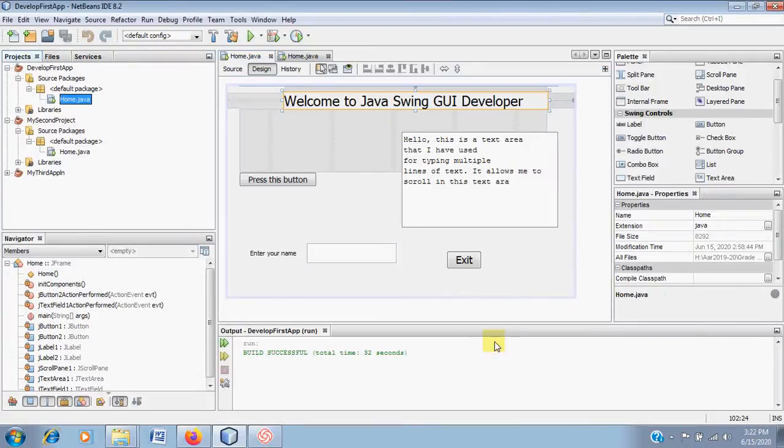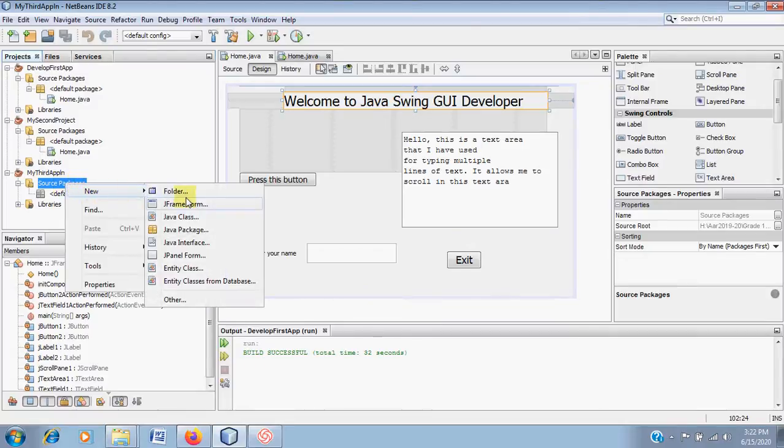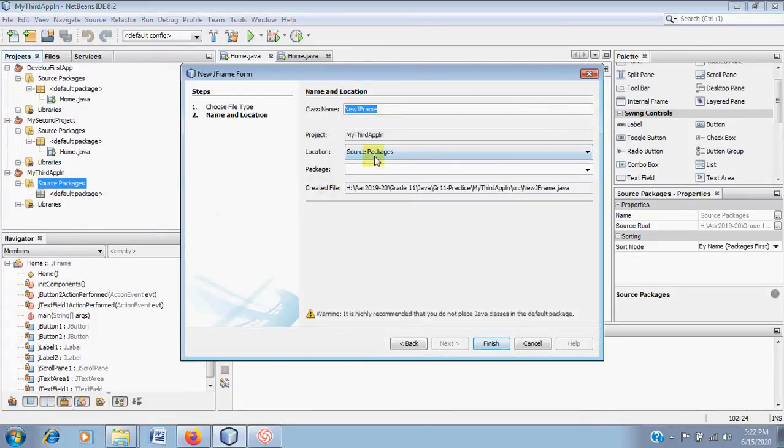Now in this program, when you have this application here, it says my third application. In the project window here, you will find that it has created a new project. When you click on this plus sign here, it will show you the source package. When you click on the source package, you will find that there is a default package, but there is no other Java class there. So right click on this and say new. Instead of saying Java class, you are going to say JFrame form. When you say JFrame form, we are using the